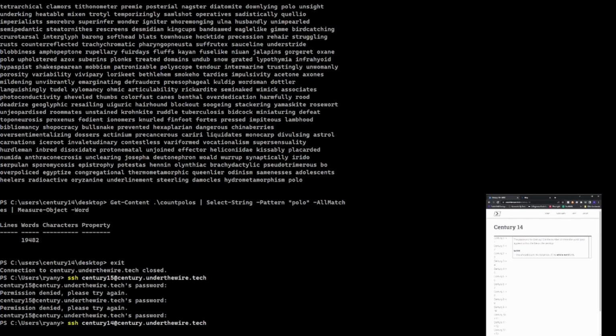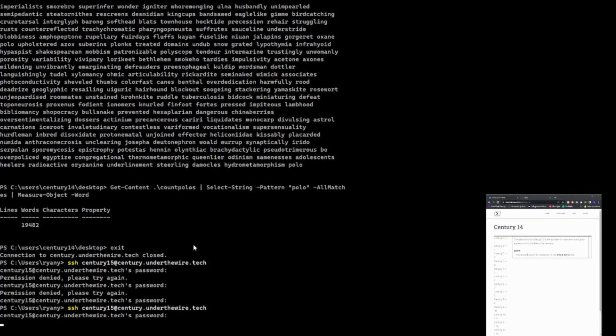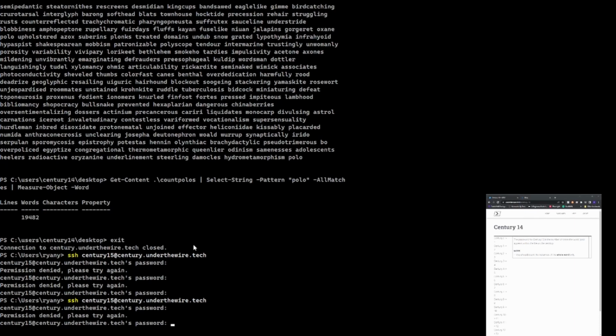I mean, I don't really know what else to put in there. Pattern Polo, all matches, measure object word. I wonder if we're supposed to do case sensitive. Nope, does not take that, 19482. Huh. Yeah, I don't remember what the hell the